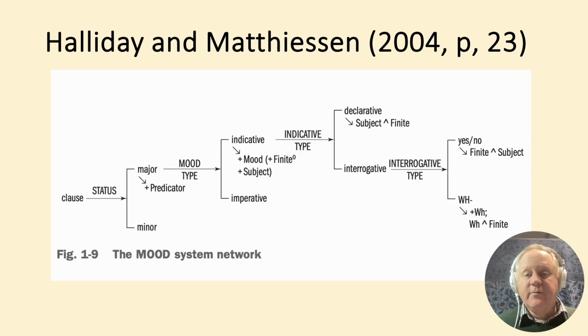This image, taken from Introduction to Functional Grammar 3rd edition, shows the mood system ordered horizontally in delicacy, moving from least delicate to the left to most delicate to the right, and the structural outputs: the ordering of clause elements, for example subject-finite structure, or the presence or absence of an element, for example a wh- adjunct, or the absence of the subject for an imperative clause, for example do it, not shown here.